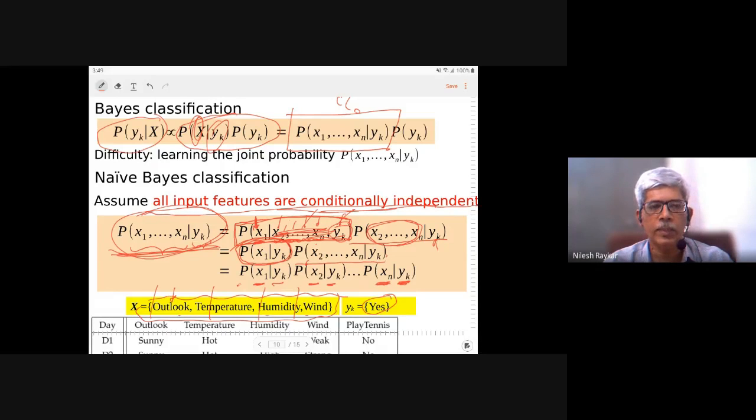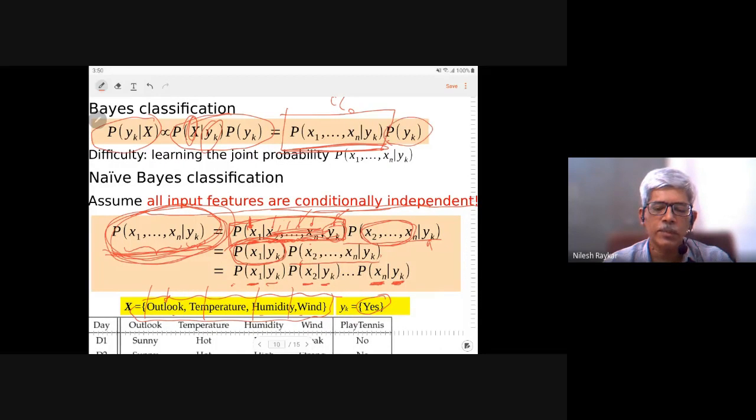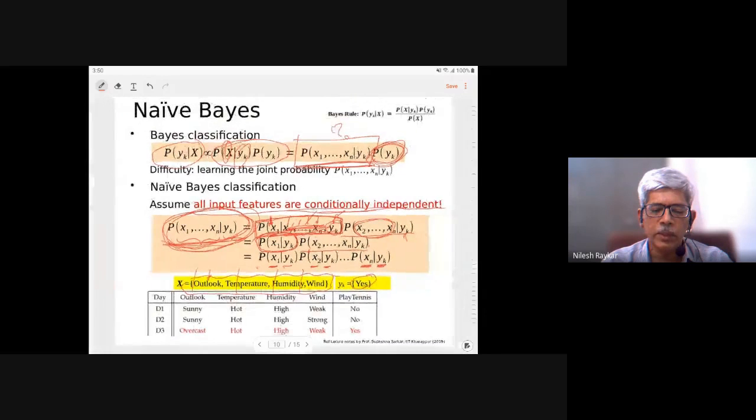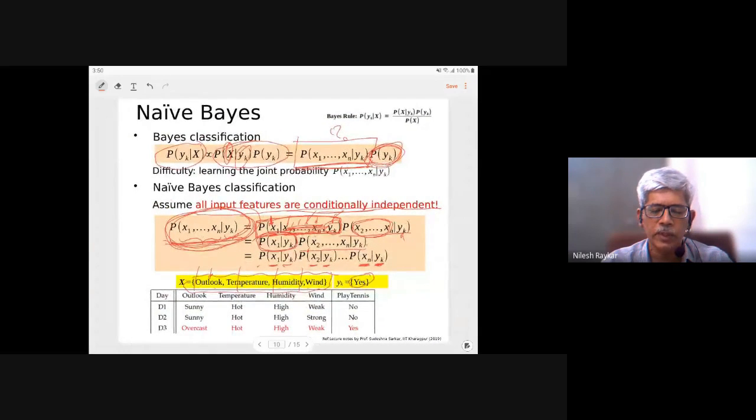So repeating that procedure for each of the features, we can calculate the individual conditional probabilities, and multiplying them, we will get the pattern's probability, and that is what we require for Bayes theorem. So the probability of a given pattern can be expressed as the product of probabilities of individual features. And the last term is P(yk), which is relatively simple to calculate, that we previously did. We'll take one numerical example which will illustrate this. But before that, we'll just formally write this in proper manner.